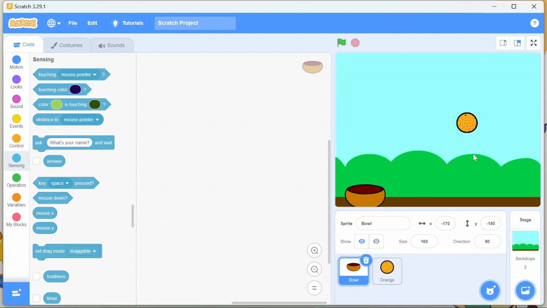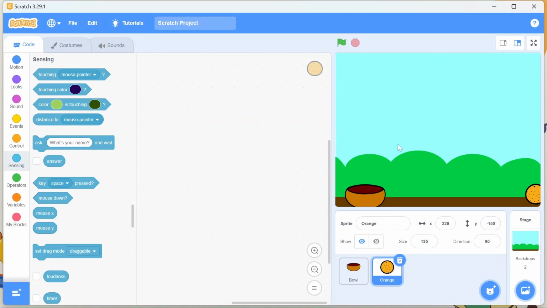Okay, and here is your orange. So we can set the size and coordinates of orange as well. We just wanted it on the downward side, right? So just make x 229, and this one we will set as minus 150. Let's see. So yes, see, we have set both of them at down positions.